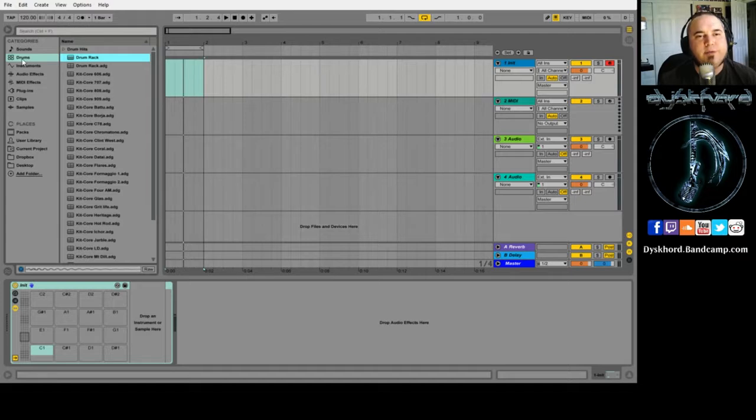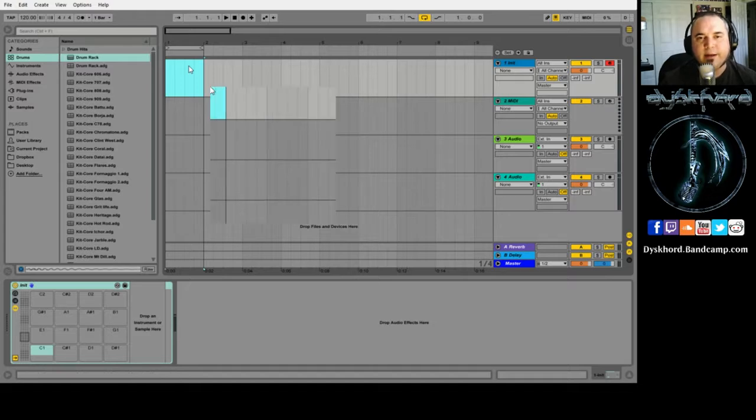Now, as we brought the drum rack in, it created this instance down here where we've got these pads. Each one of these pads is an area where we can drag a sound into, and then we can place those sounds in the MIDI clip that we're going to create. We're going to left click right here and drag that over, and that's going to highlight that area in blue like that. And then you right click on it,